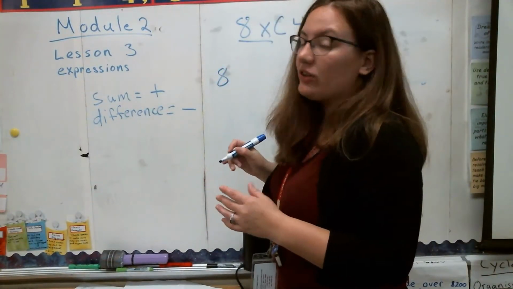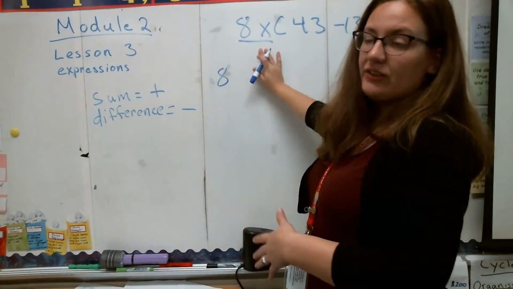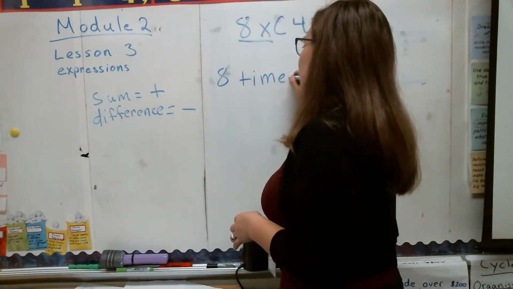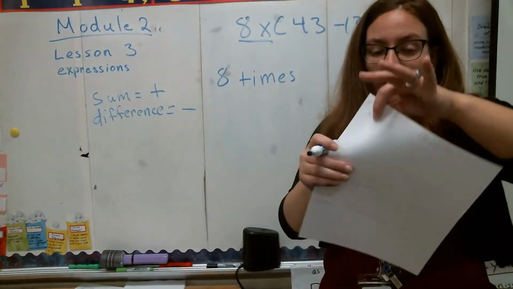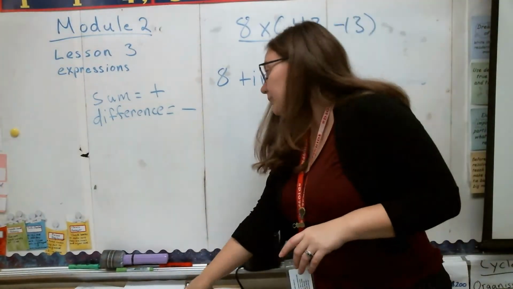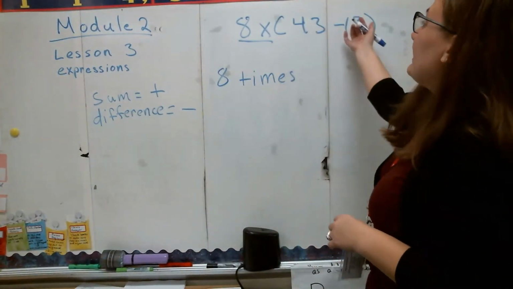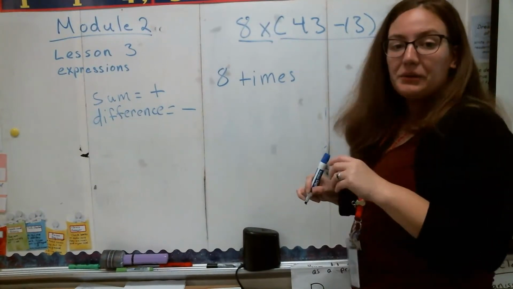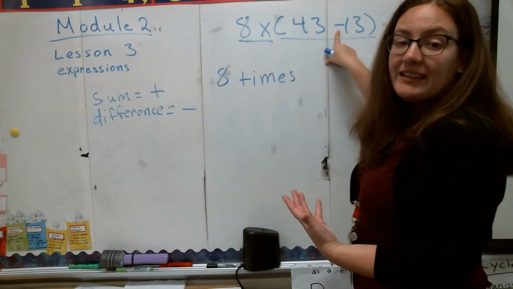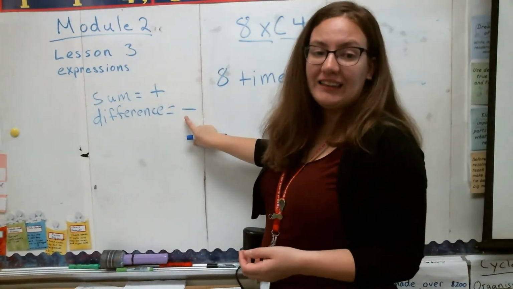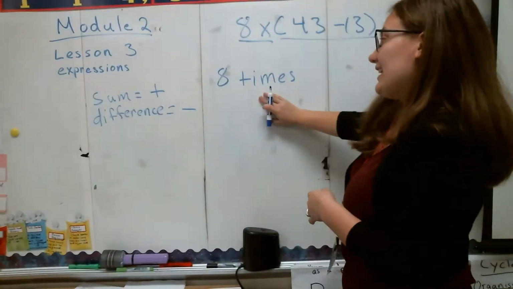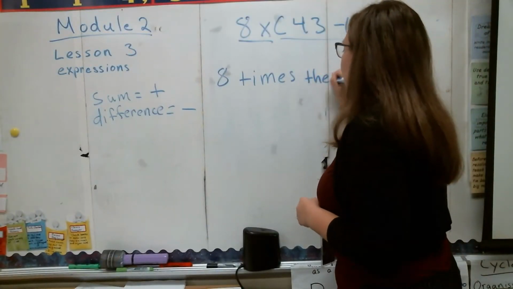I can use the numerals, but this x right here, instead of just writing that extra multiplication, I'll just write the word times. So I have 8 times. And you should be writing this along with me in word form. So we have 8 times. Now, at this part right here in the parentheses, what I see is I have this subtraction symbol. Since I have the subtraction symbol, that means I'm finding the difference between these two numbers. So I'm going to say 8 times the difference